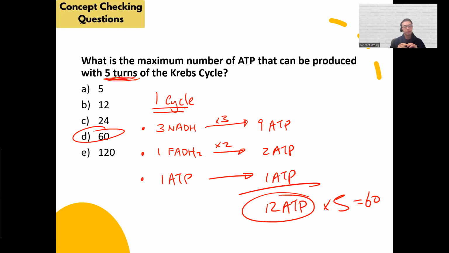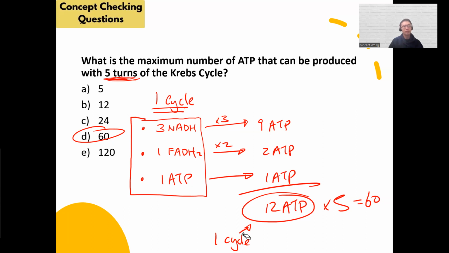Hi, please can you explain it again? Can I explain again? Which part? Like the ATP getting the cycle and how you got the 12. Okay, do you understand where these numbers come from? Yes, I do. Okay, do you understand why I multiplied by 3? Yes. Okay, and also you understand why I multiplied by 2, right? Yes. So 12 ATP, I just add them up. That's for one cycle